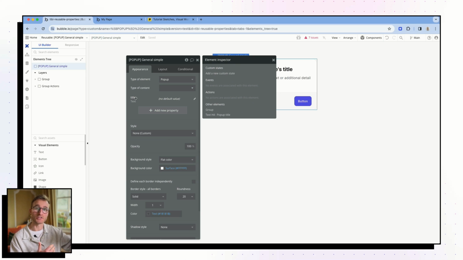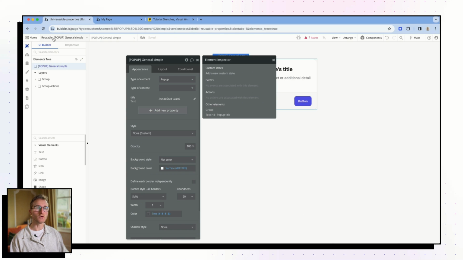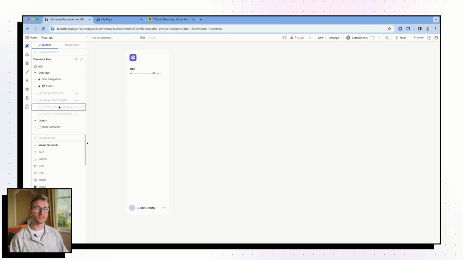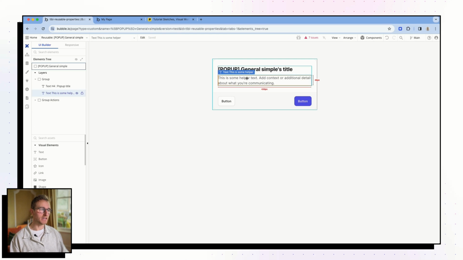Custom states have an additional function, as we're going to see when it comes to reusable elements, which is providing outputs that the page or the host element, the host reusable, can access. And just to illustrate that really clearly is like this helper text, for example, this doesn't need to be something that we define in a workflow. So on our app page here where I've got the delete confirmation for the task, right? If we now set up our property for this helper text, right?